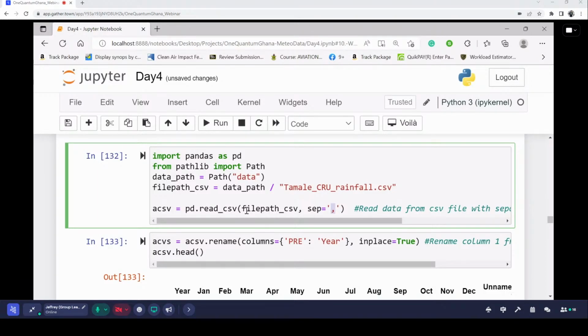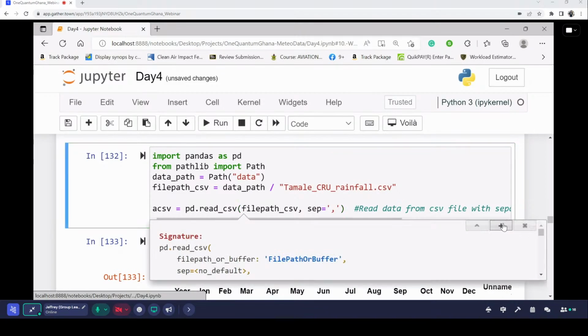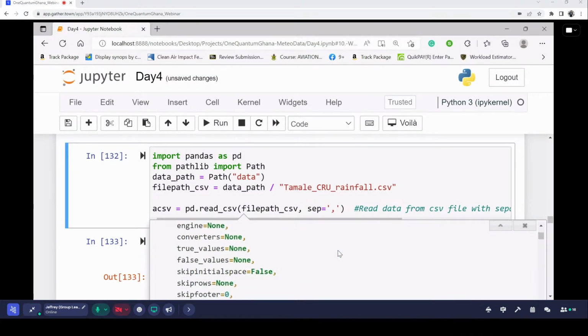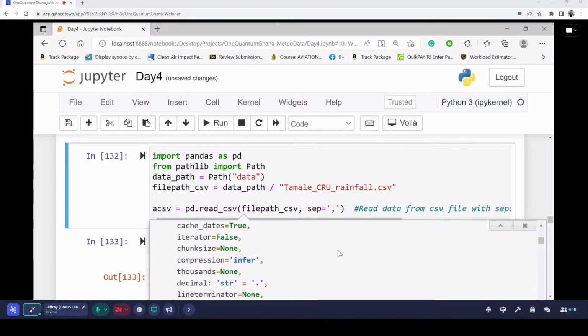the comma in here. Now if you want to see all the functionality within the read_csv method, you can hit your shift tab and it tells you which other attributes you can use. So headers, usecols, skips, and then all that, skipping rows, skipping columns, headers, a whole lot. Alright, so if we run this,